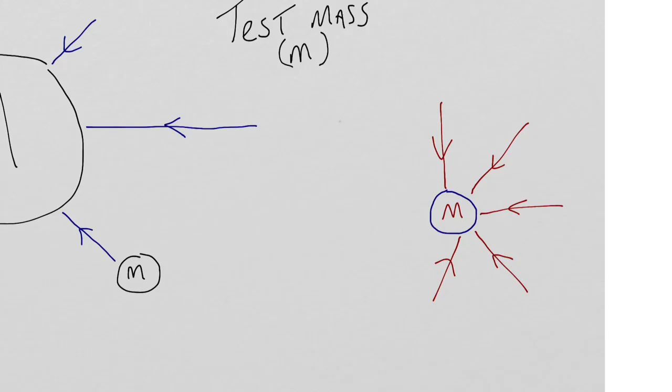We would draw, oh, that's not a very good one. Let's sort that out. That doesn't look like it is aiming at the centre of that mass at all. So we'll try that again. So, there we go. And that's more like it. Okay, so we've got these what we call radial field lines. That's where the word radiate comes from, going off in all directions. So these are radial field lines.